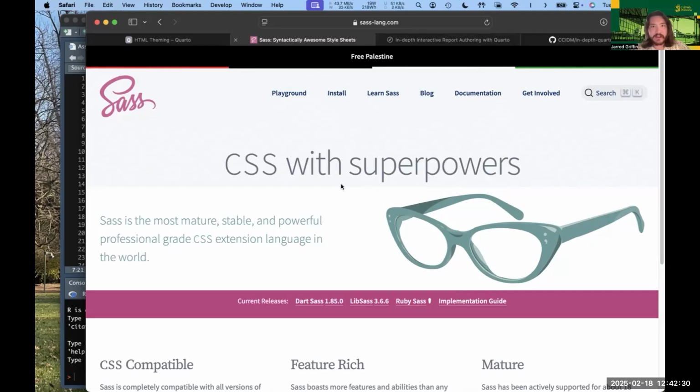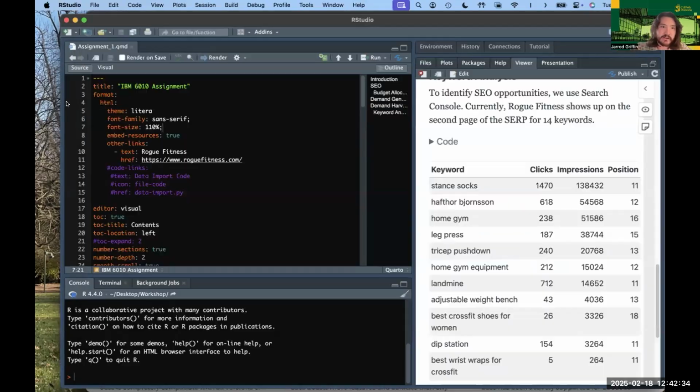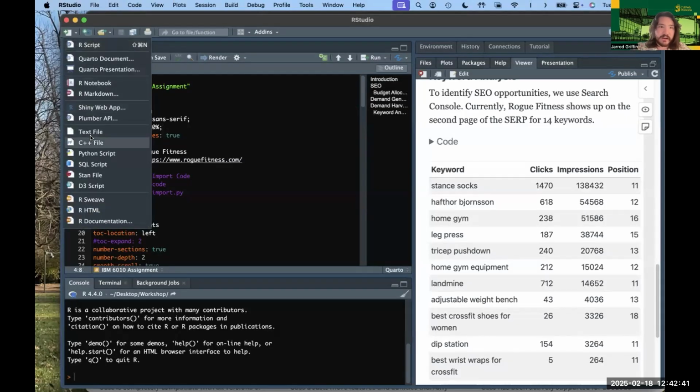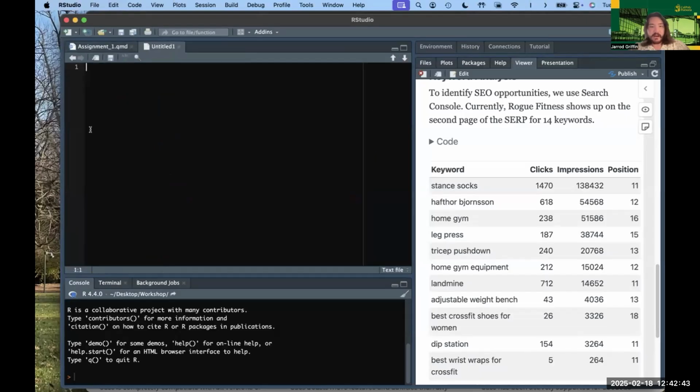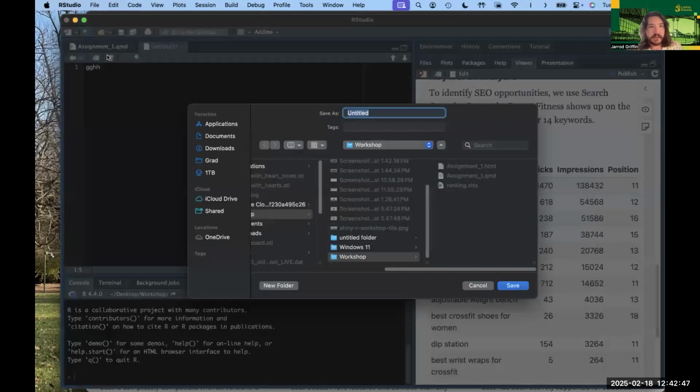All right, so how do we create a Sass file? We can go ahead, pop over into this assignment1.qmd. I'm going to go up here and create a new text file. And then I'm just going to type some stuff in it just to save it. And then I will do this in my